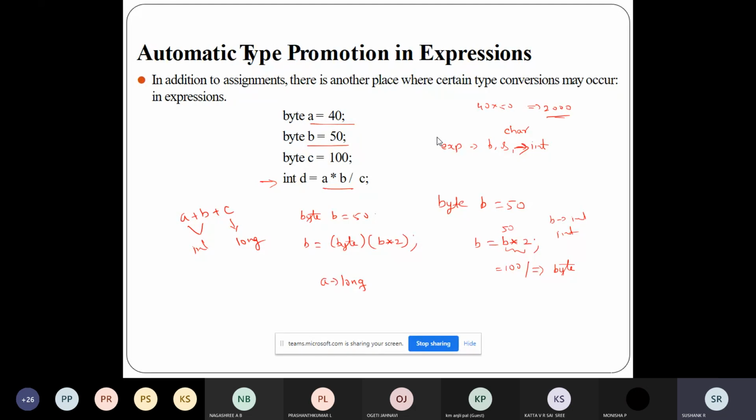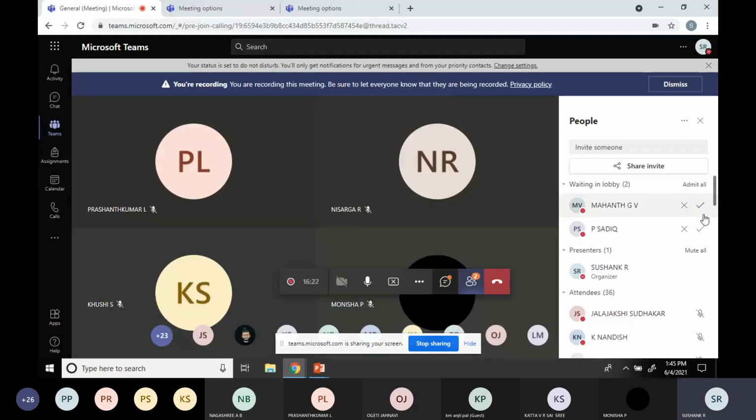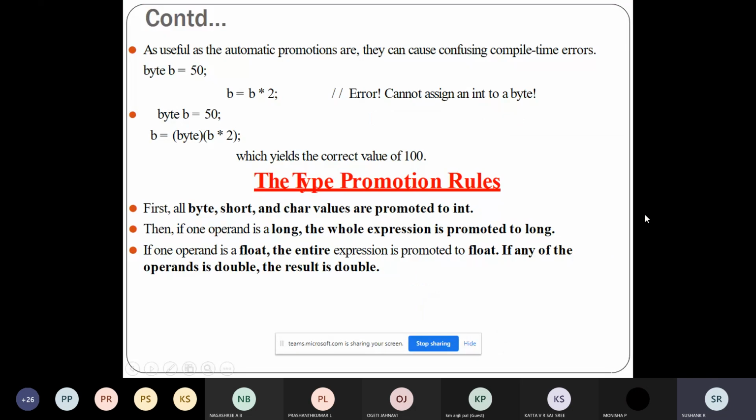If we have an expression where at least one operand is float, the entire expression will be converted to float. The same thing with double also. So you can check this. These are the type promotion rules, which I have put up in the slides.